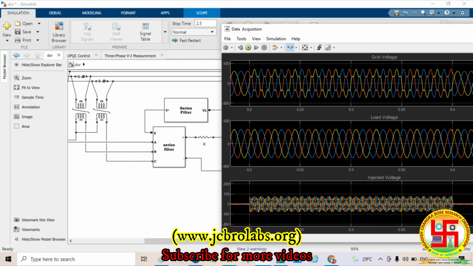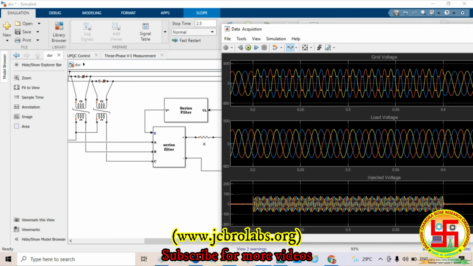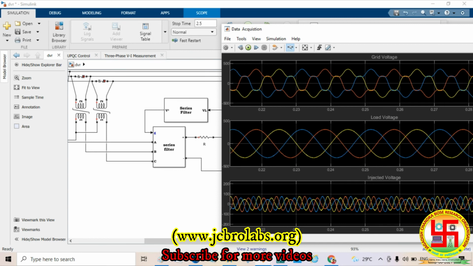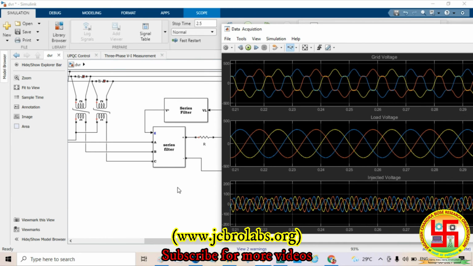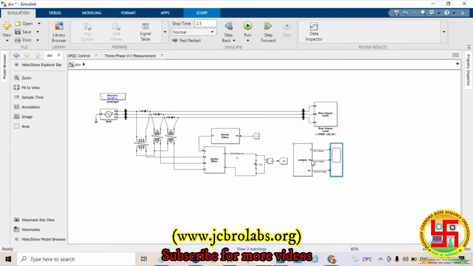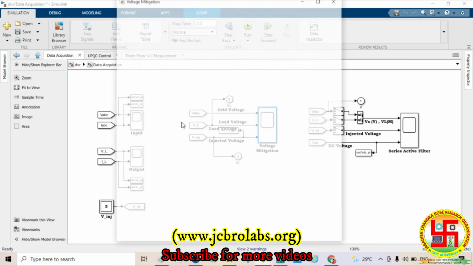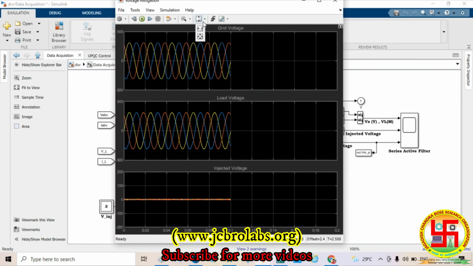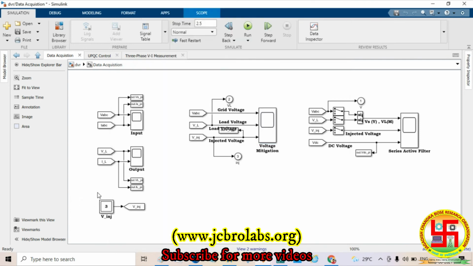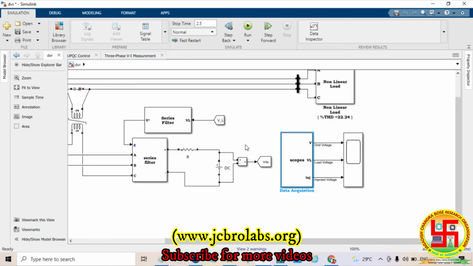In that way the problem occurred. So if you keep the DVR or series active filter, it will protect your loads and try to mitigate that power quality problem. Then it is sending quality power to your load side. This is the load side voltage which we are sending here. So that's it about this one. Then you can see here VABC, the load side voltage and the grid side voltage. These are the things which we discussed. These are the waveforms, and here the load side one, and these are the line voltage and injected voltage, which we can mention here also.